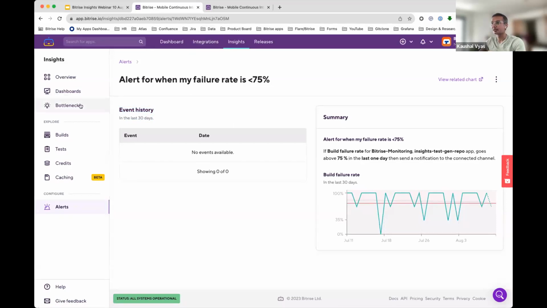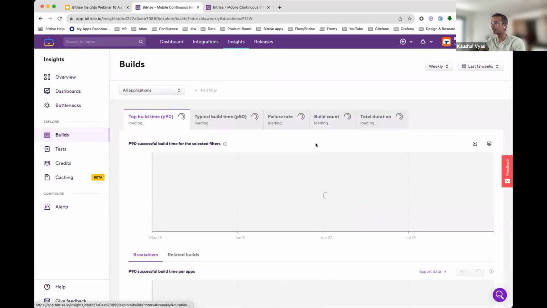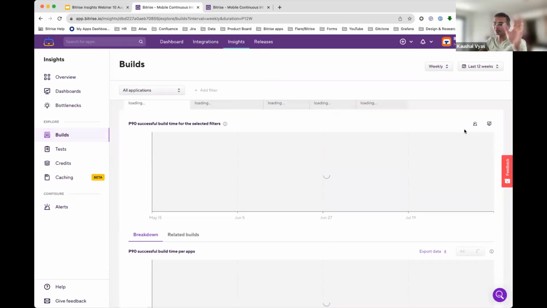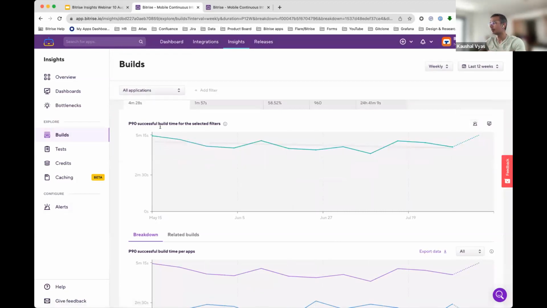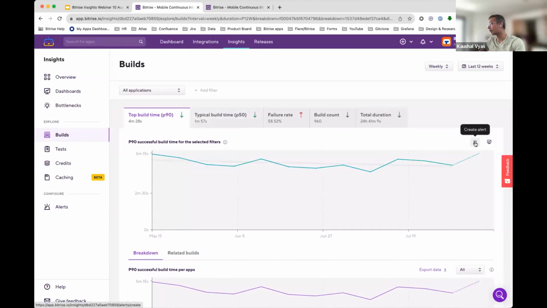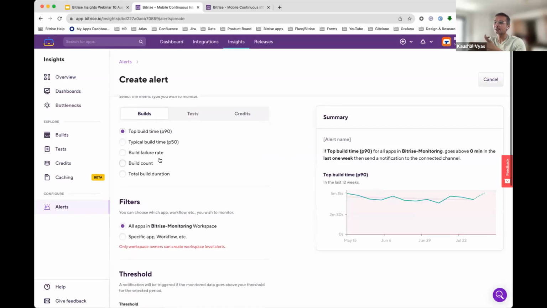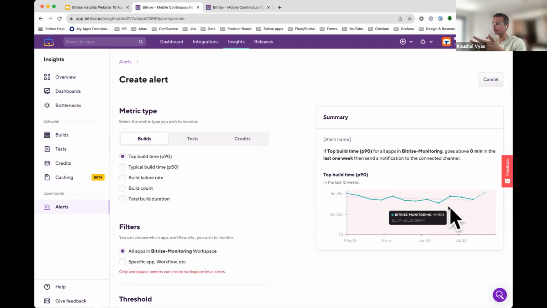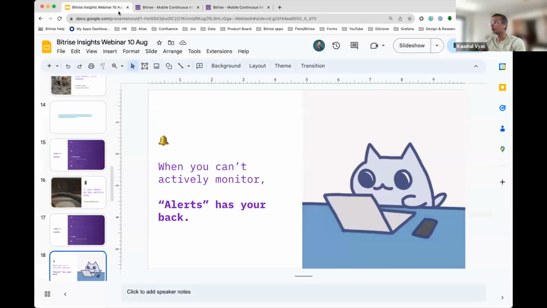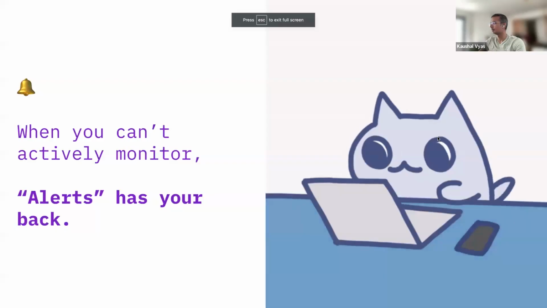Another small detail is if I want to set an alert without going to the alerts tab. Let's say I'm on this tab and I'm looking at my top build time. There is a shortcut to creating an alert on the top right. When I click on that icon, it opens up a similar form, and all the filters that were applied, the metric, all of that is pre-selected here. The preview is also auto-generated. So that's another faster way to create an alert for a metric that I'm interested in. I'm going to go back and